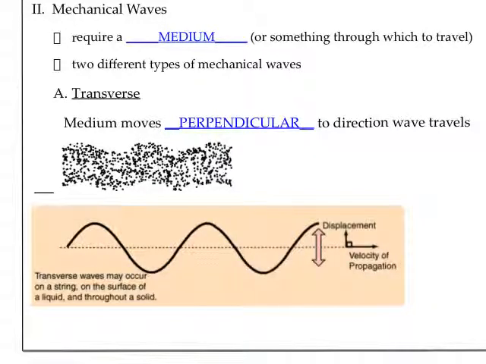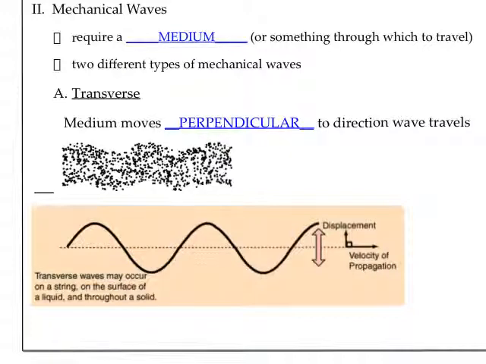This section is learning about the basic characteristics for mechanical waves. These types of waves require a medium for them to travel. That just means some sort of material. And there are two different types. The first type of mechanical wave is transverse, and that's where the medium or the material moves perpendicular to the